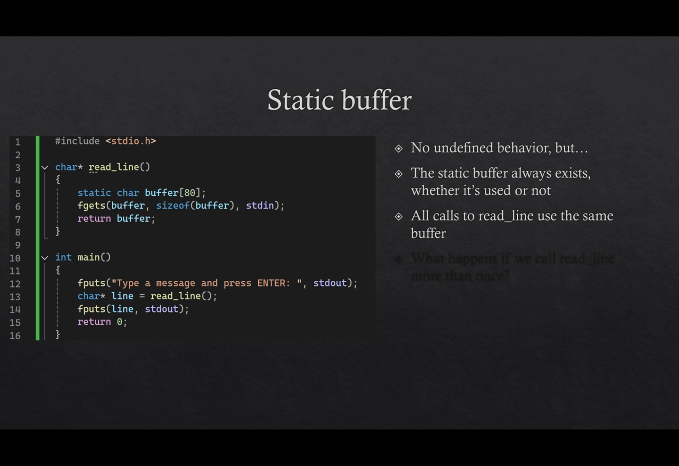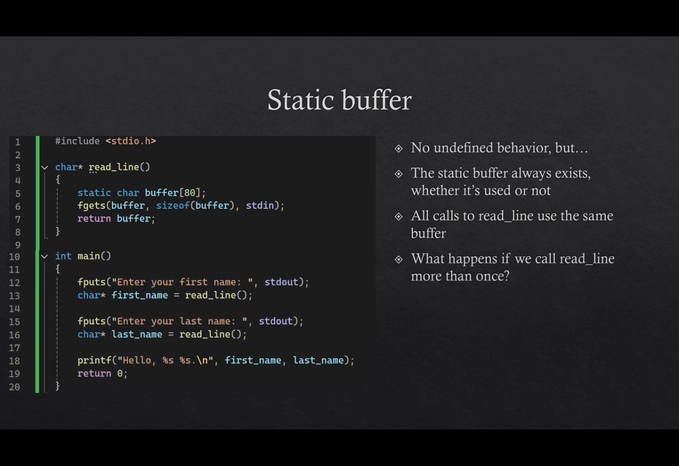So if we call readLine once and read a line of text and return a pointer to it, then that's fine. But what happens if we call readLine a second time? Well, we're going to get back that same pointer, and that buffer is going to be overwritten by the new data we read. So consider, for example,